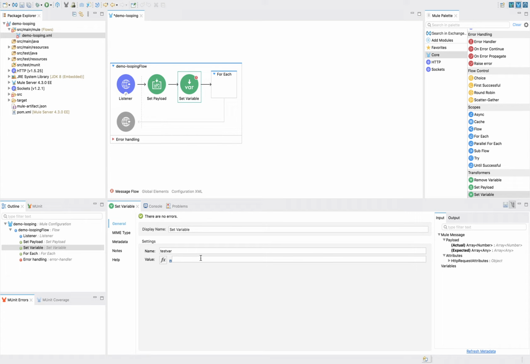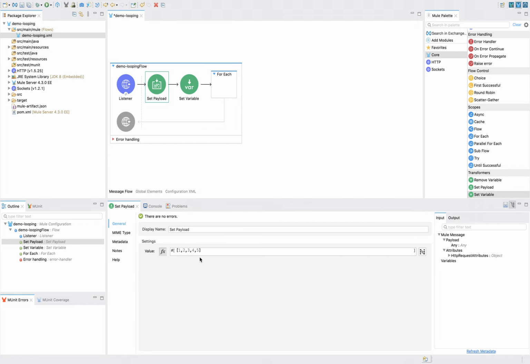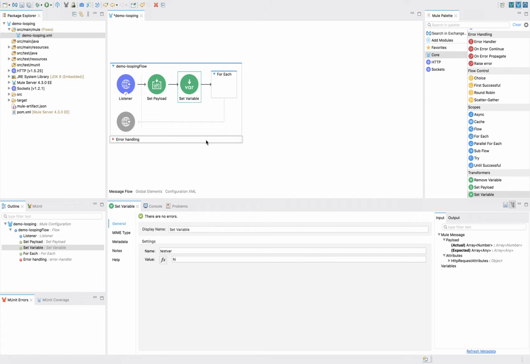Okay, and value, let's take, so we have payload containing an array with values 1 to 5. Then we have this variable, variable name is testvar and value is string hi.